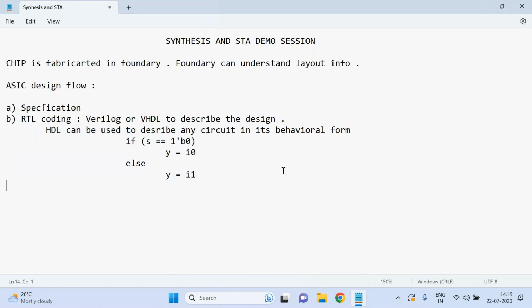So then the next step of this ASIC design flow is the third, functional verification. As you people already know, right? The functional verification. Next step of this ASIC design flow is functional verification. See, functional verification, what I do,